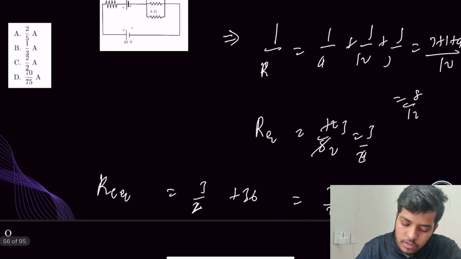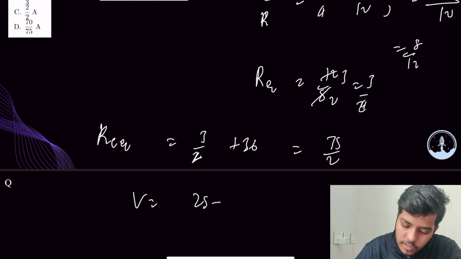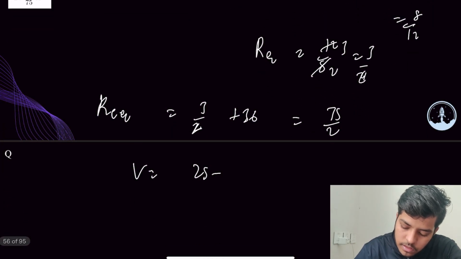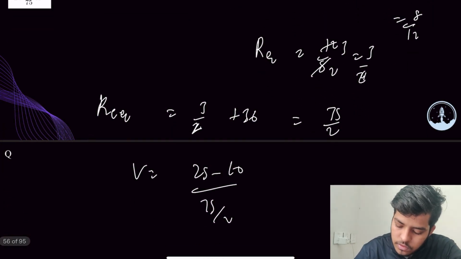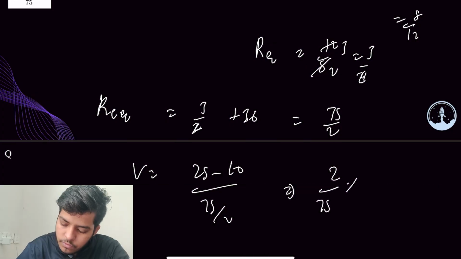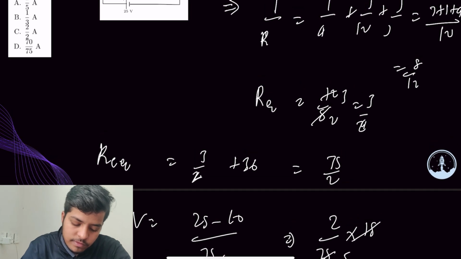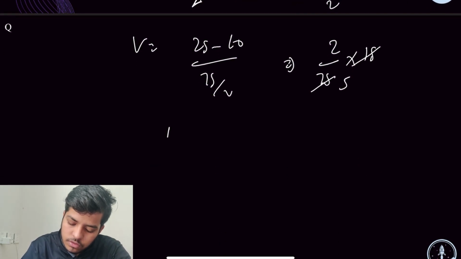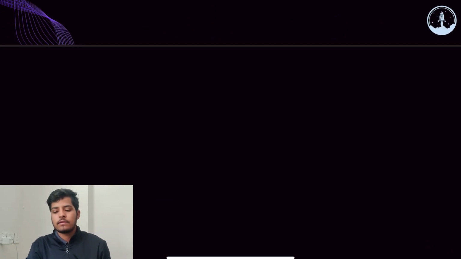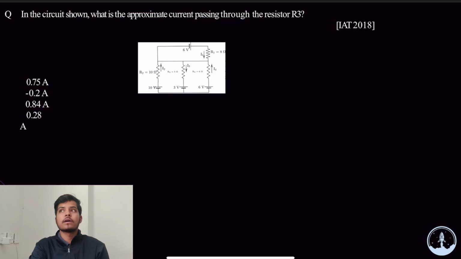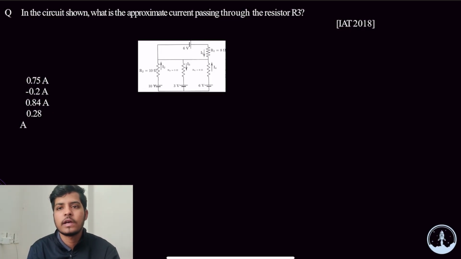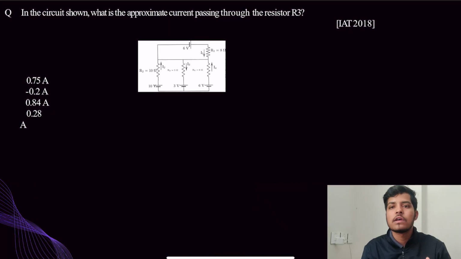So current will be 25 minus 10 upon 75 upon 2. So 2 upon 75 into 15, which is 2 by 5. 2 by 5 is the correct answer. Current through 36 ohm will be 2 upon 5 amps. So ये भी एक करंट बेस्ड क्वेश्चन था जिसपे V इक्वल्स टू IR कंप्लीटली निकालना था और R इक्विवेलेंट निकालना था, जो कि पैरेलल में भी थे और वो सीरीज में था 36 ओम से कनेक्टेड. So next question is,